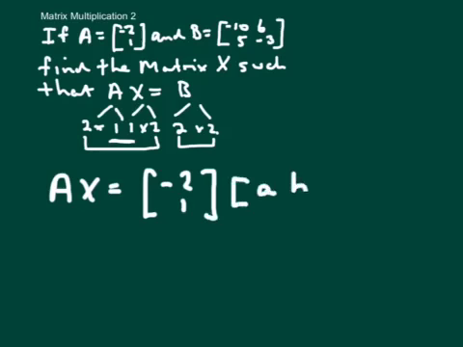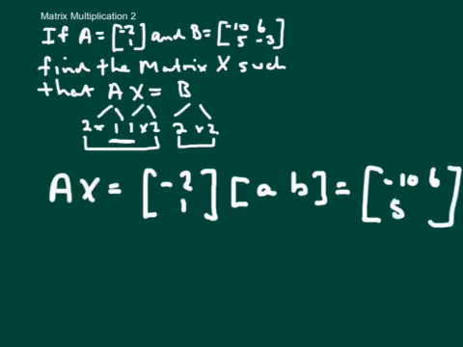We don't know the values yet, so we're just going to call them A and B for the moment. And that's going to equal our B, which is -10, 6, and 5, -3. Okay, what happens now? Well, we just multiply out A and X and see what happens. So remember, it is row by column, row by column, row by column, and then row by column, row by column. Okay, so this is what you're going to get. You're going to get that equaling,